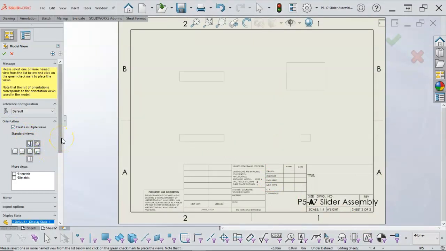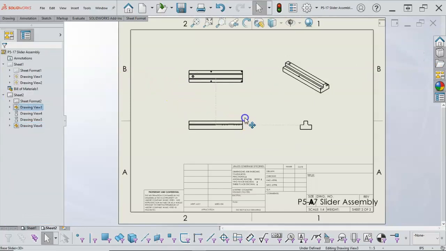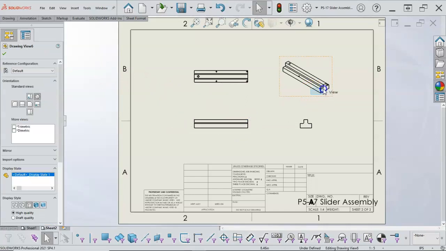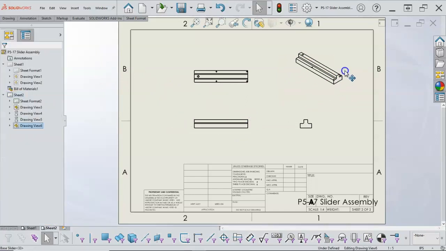If I do not create multiple views, it's kind of like when we're in the view palette, and I'm going to end up doing projected views instead. So we get the 3 views. Not too worried about scale right now. I'm just making that to see what I'm going to use and need. So from this standpoint, if we go that way and that side view,